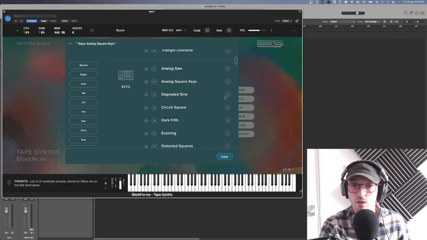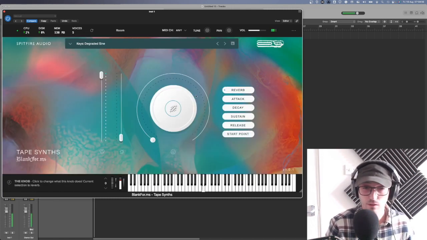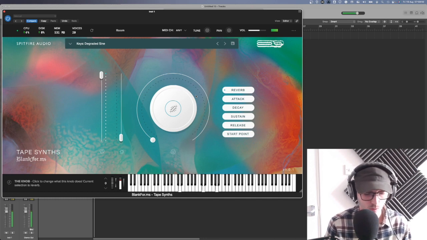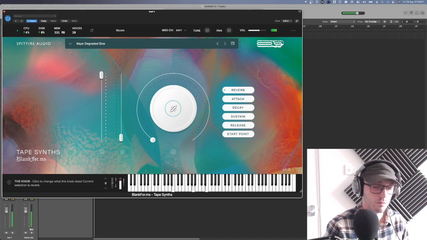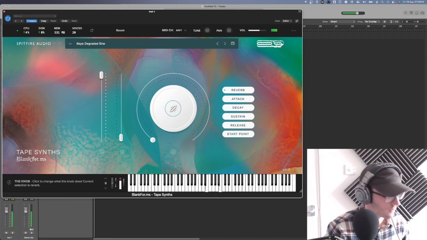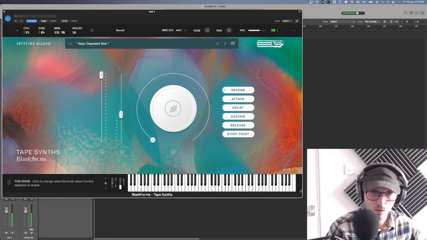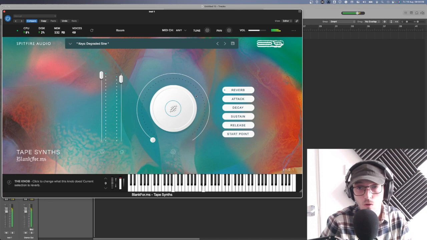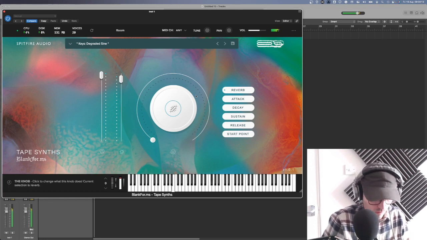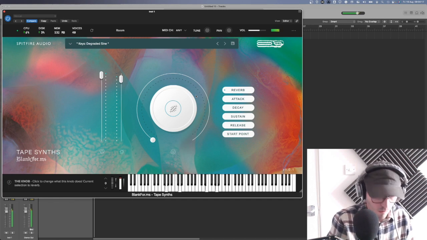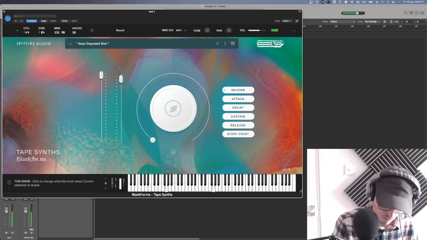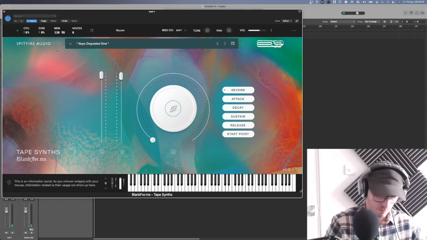Degraded sine, nice and simple sine wave keys. I'm sure it's simple. I bet you it's not. I love the tape on that. You get it. There's so much you can do with that. Again, this is a really nice